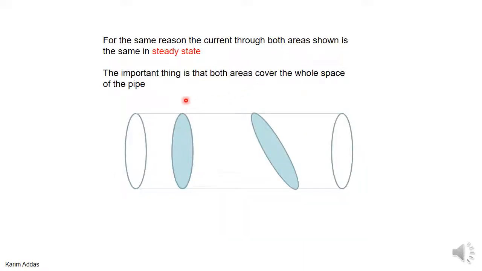You can do the same thing with a slanted surface. It doesn't have to be a surface at 90 degrees, any kind of surface, but the surface has to completely enclose the whole area of the pipe. You can't let an opening exist because remember, the condition is that the amount of charge inside the volume that you have doesn't change with time. So the same thing will apply for these two surfaces. The current here equals the current going through here.